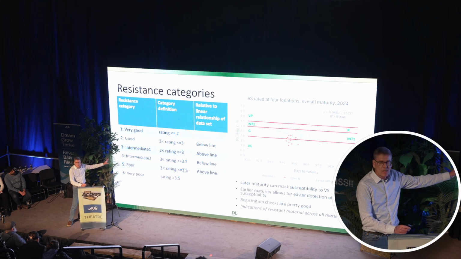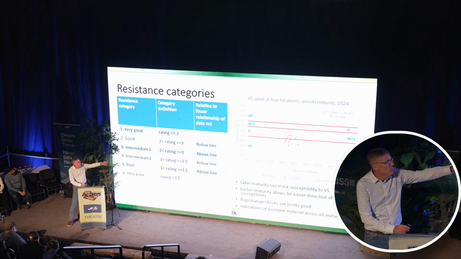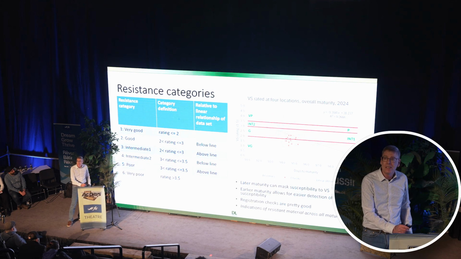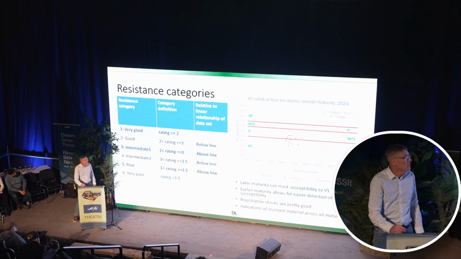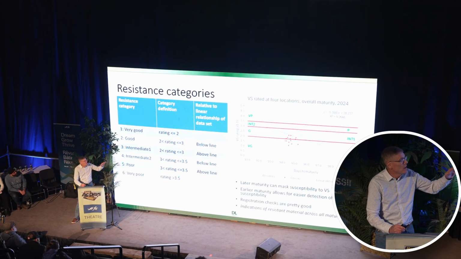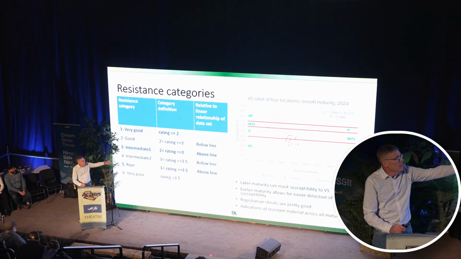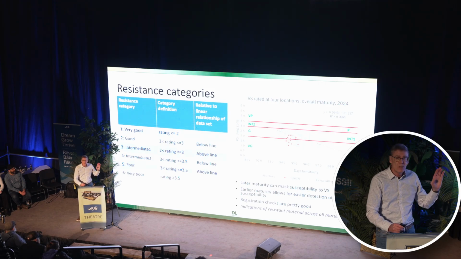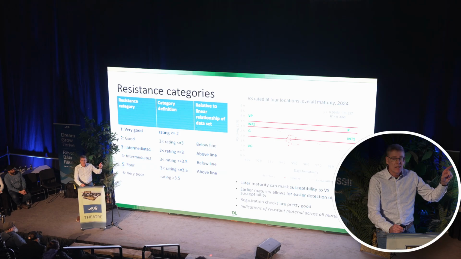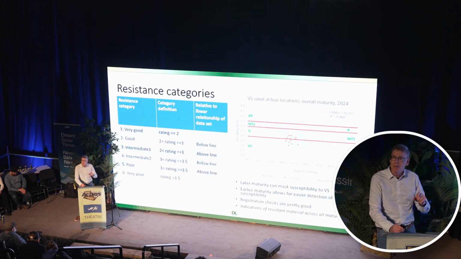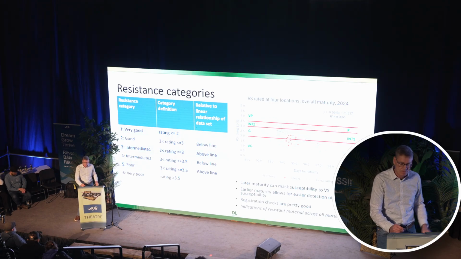This here basically just summarizes where those red lines are in the chart in the graph over there. So you have very good at the bottom and very poor at the top. And the trend line in the middle separates good from intermediate. And the idea is if you're to the right of that line, at a certain rating, it still might be good, but you might be getting fooled as well, which means you have to go back and look again.